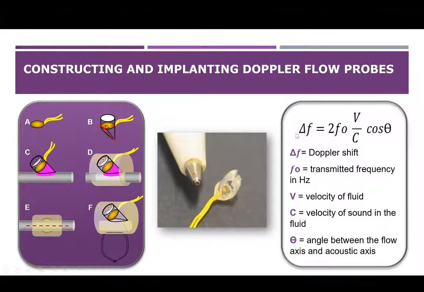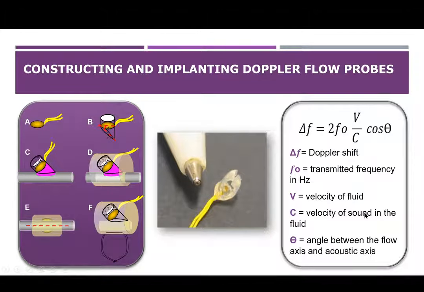And so just looking at this equation, and I'm not a mathematician, so if you're going to ask loads of questions, maybe avoid this one if you're kind. But given that this single crystal acts as both an emitting and receiving crystal, we're able to measure the transmitted frequency, and then it's receiving it at a slightly shifted value. And if the velocity of the fluid and the sound in the fluid are the same, and the angle is